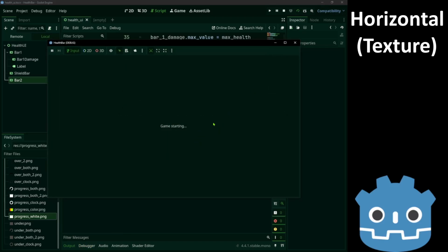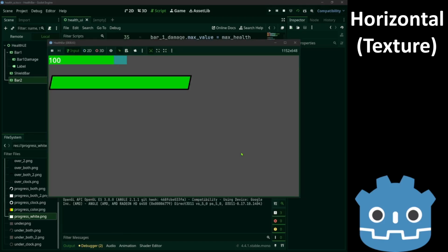And let's see. Now as you can see, it works pretty similar.